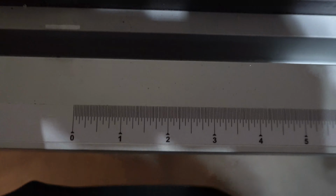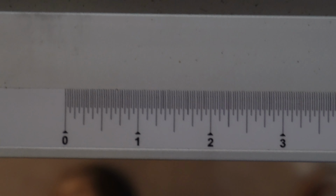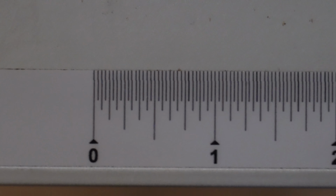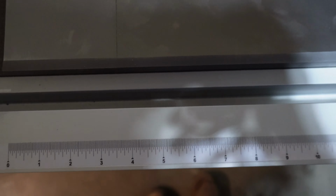Here, see if I can get it without glare. So you can see that this scale is going down to 1/32 of an inch, which is ironic because this scale could not be much less accurate. So I'm going to set up the tripod and we'll take a look at this, and I'll talk you through some of the...